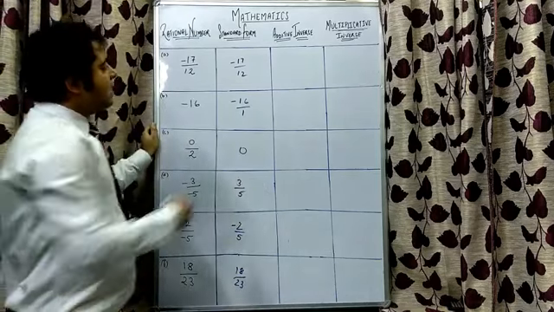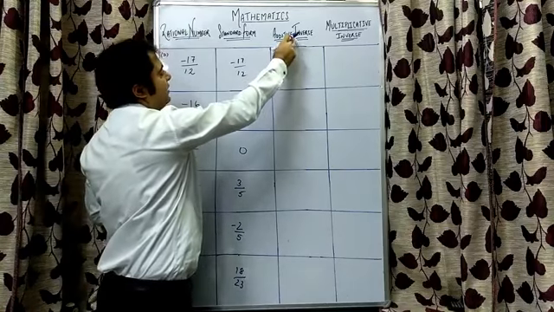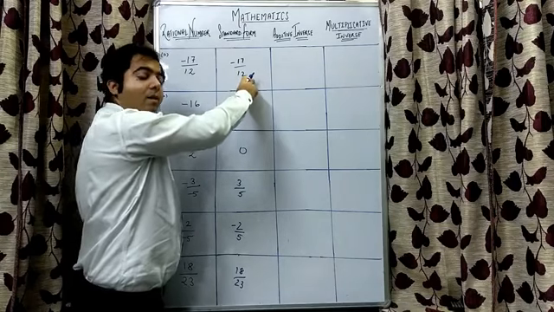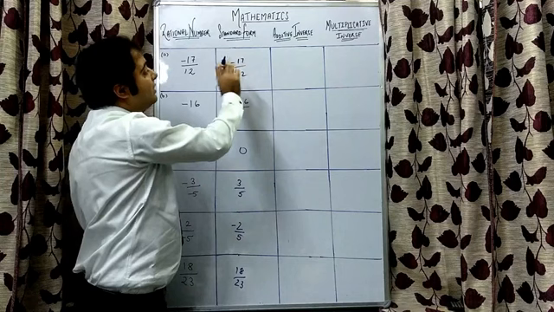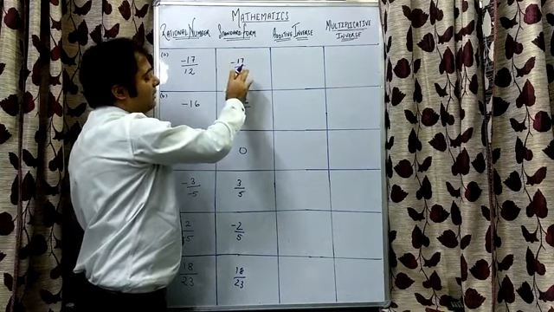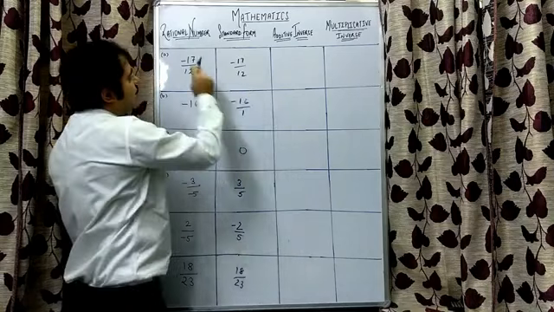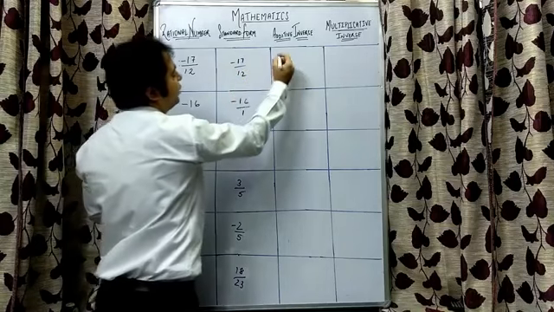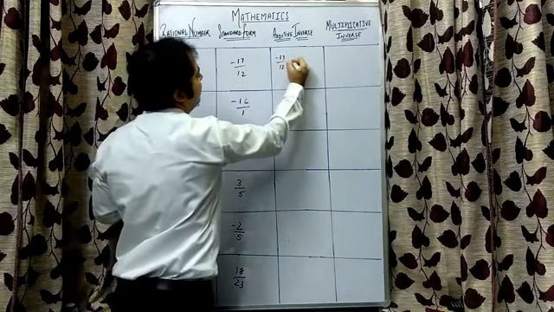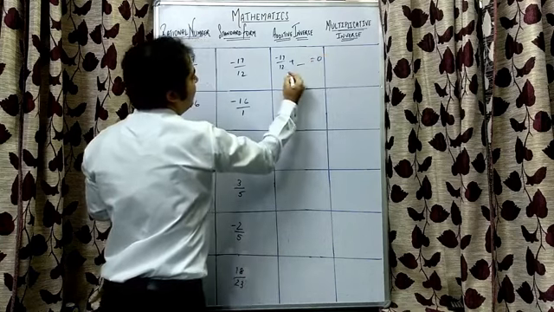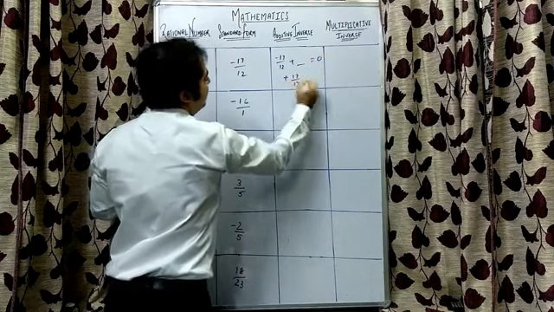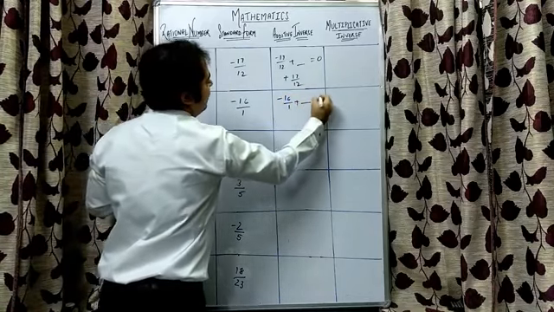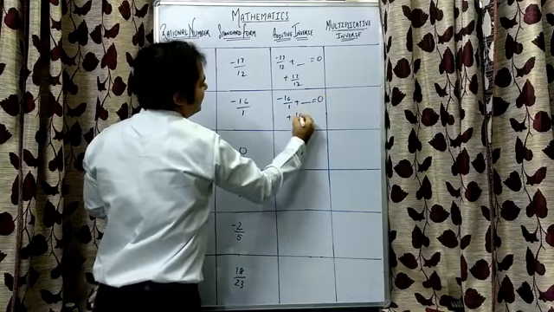Now additive inverse. Additive inverse will take the help of standard form, right? Therefore I said in the beginning also standard form is very important. Before performing any operation we need to have standard form of the rational number done so that we can proceed further. Now minus 17 by 12 in standard form is also minus 17 by 12. Now what to add in minus 17 by 12 to get 0? The answer will be plus 17 by 12. In the same way, what I should add to minus 16 by 1 to get 0? Answer will be plus 16 by 1.